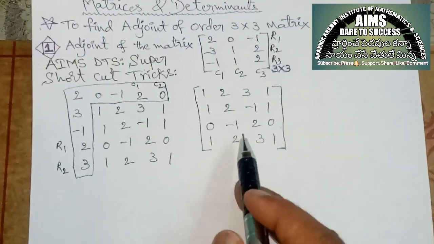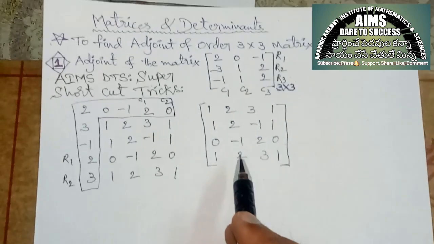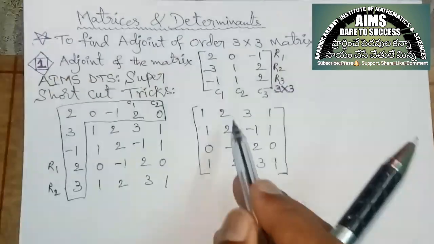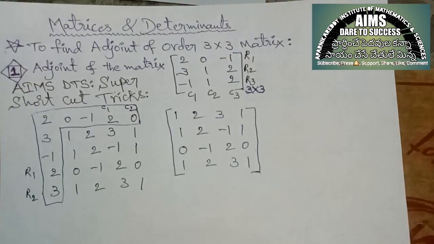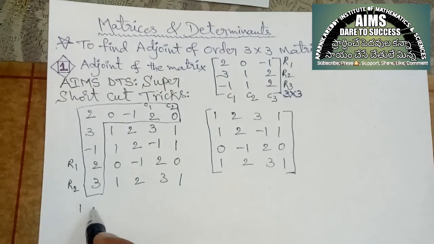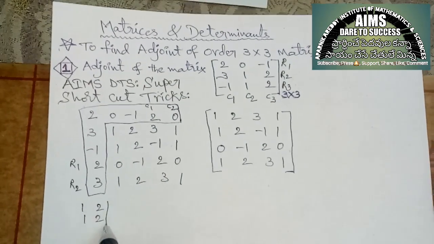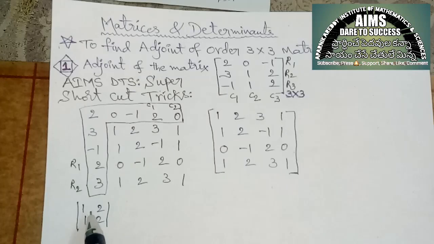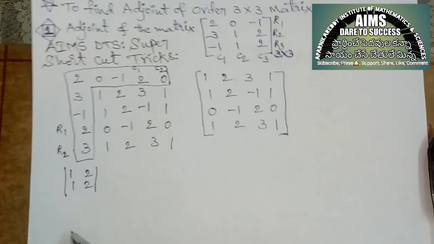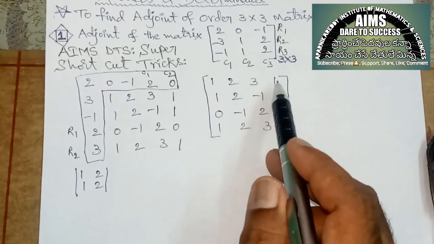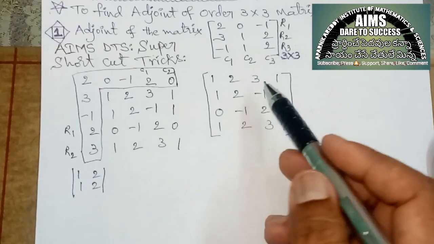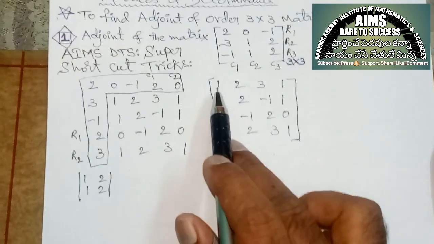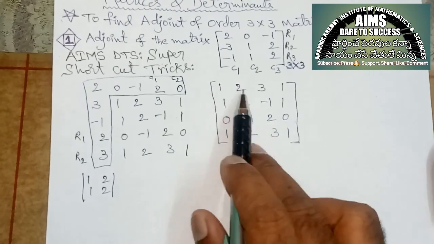Why am I writing this? To get the adjoint of the matrix, I want to write this shortcut. Here you can write as it is: first values 1, 2, 1, 2 as a determinant. You can take row values and write them here column wise. Remember, my dear friends, if you take row 1 and row 2 determinant values, you write them here column wise. Here first, 2 by 2 order: 1, 2, 1, 2.